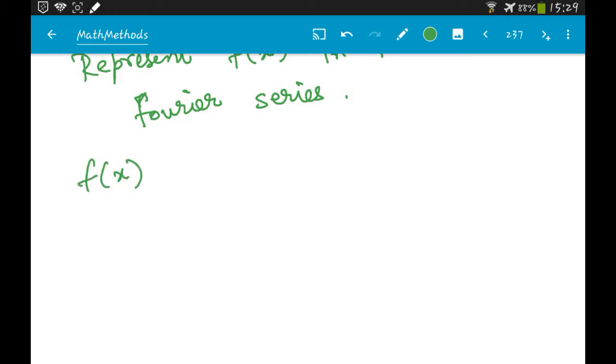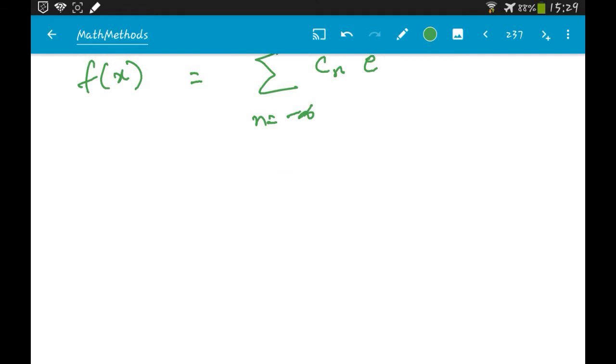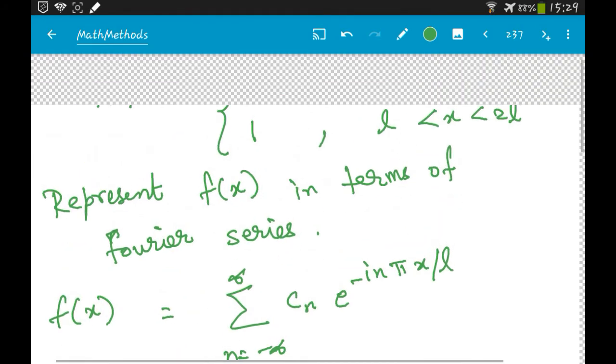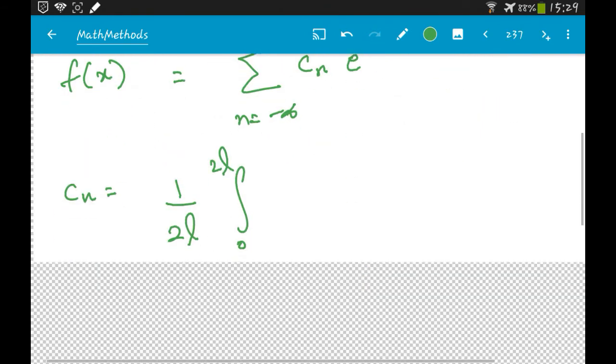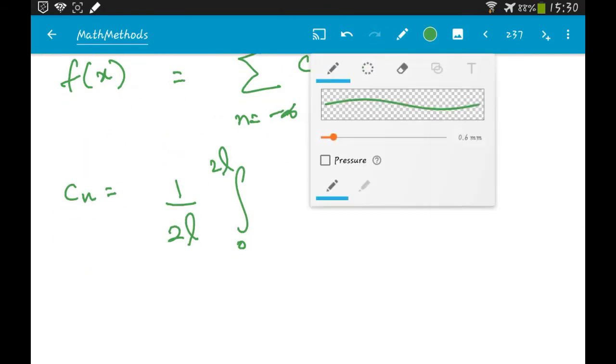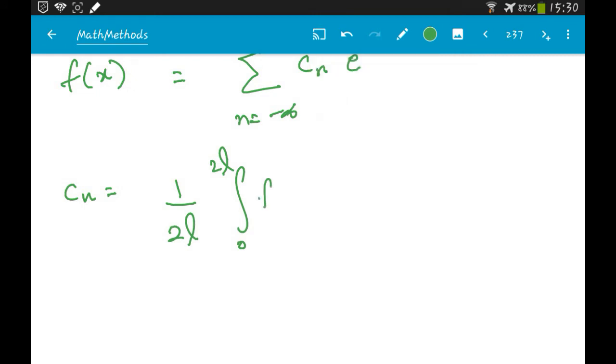So what is f of x? f of x is nothing but the sum from n equal to minus infinity to infinity of Cn e power minus i n pi x by L. Okay, so what is Cn? Cn is nothing but 1 by 2L integral 0 to 2L, right? Because the function goes from 0 to 2L. That's why I have taken the limits of integration to be 0 to 2L, of f of x e power minus i n pi x